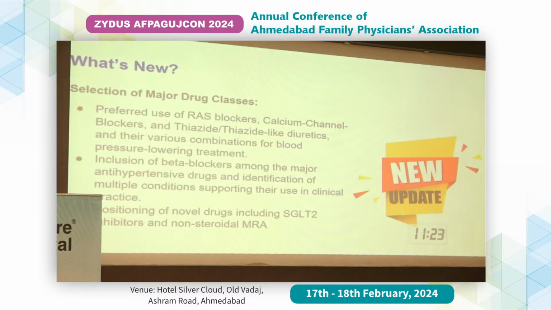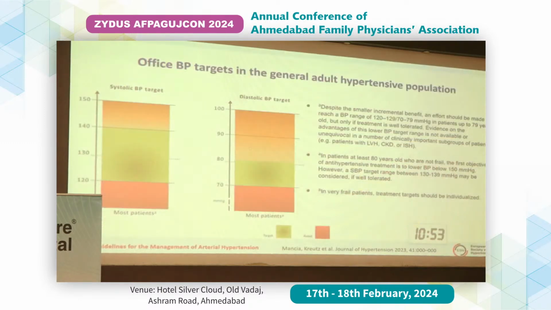So how can we select our patients? We have various drugs, RAS blockers, calcium channel blockers, thiazides, and whatnot, and there has to be inclusion of beta blocker again back in our treatment, which was not there in JNC 7 or JNC 8, but in this 2023 guideline, they have added beta blocker as one of the important drugs, and they have positioned the novel drugs like SGLT2 inhibitors and mineralocorticoid receptor antagonists